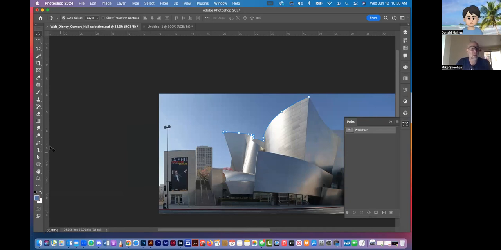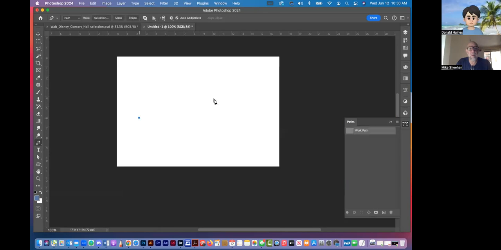I'm using, so let's make a curve. Let's go back here. And if I want to tweak these, I'm using command to get my white arrow tool so I can go on a direct selection, or I can move these where it affects both sides of that curve. Does that make sense? Yes. Okay,